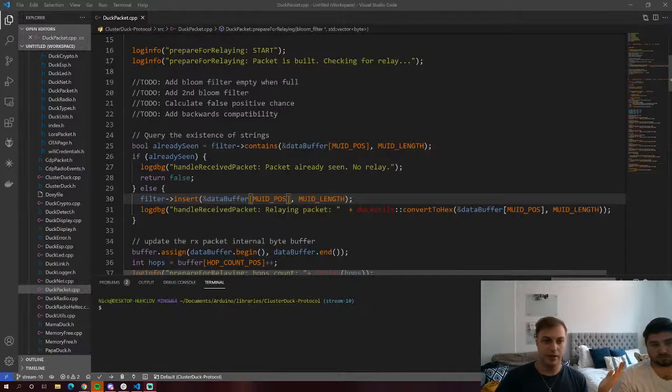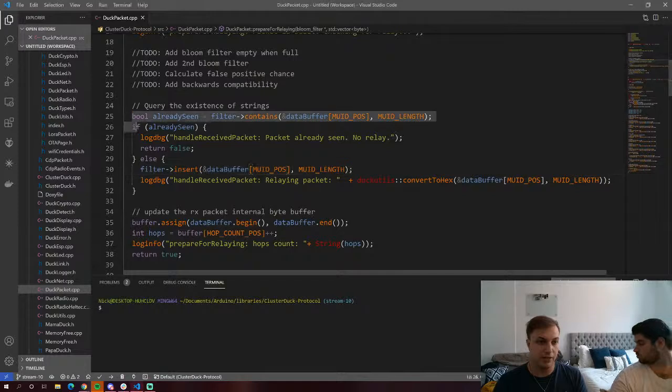I'm here today with Timo, where we'll be doing our pair programming on the CDP, our open source technology called the ClusterDuck Protocol, and where we will be working on current issues within the CDP and come up with new solutions. So last week we were working on our Bloomfilter right here,